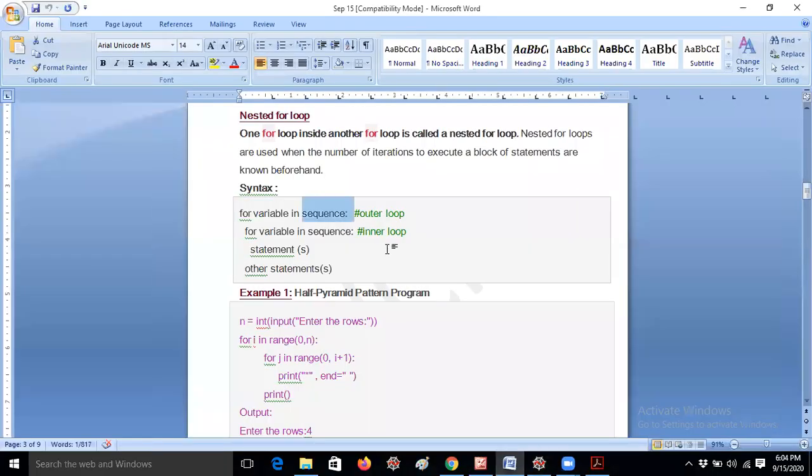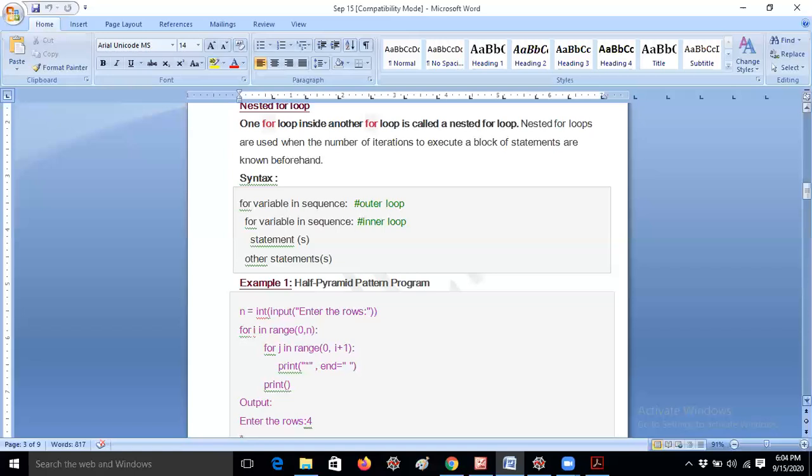So it's just like for variable in sequence, and this is called the outer for loop, and this is called the inner for loop. Here also we have some statements. If you give 4 spaces, these statements belong to this for loop. If you remove the 4 spaces on another line, these will be the statements of the outer for loop. So you have to be very careful while doing these operations.